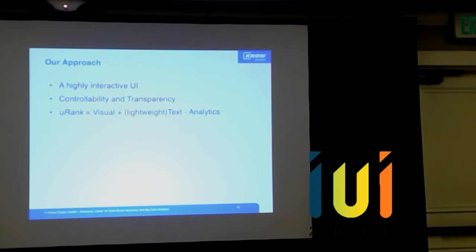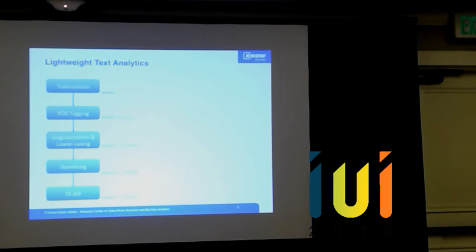So our approach is basically a highly interactive user interface where we emphasize aspects like controllability and transparency, and to some extent predictability. And we named it uRank because of its user-driven nature. And our approach is a combination of visual and well-known text analytic methods. Regarding the text analytics we use,